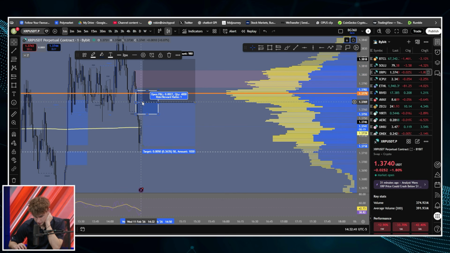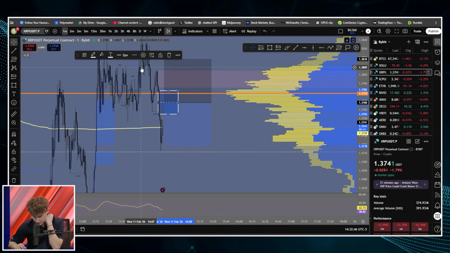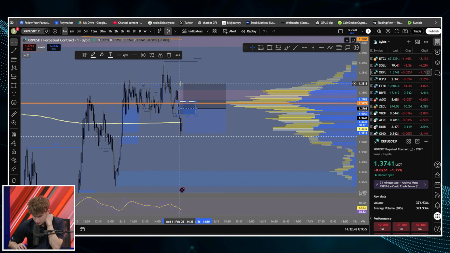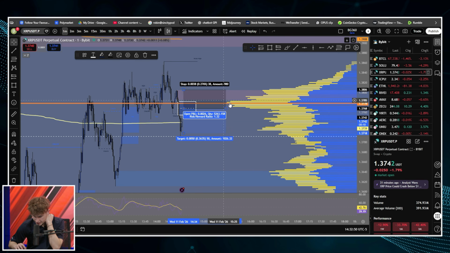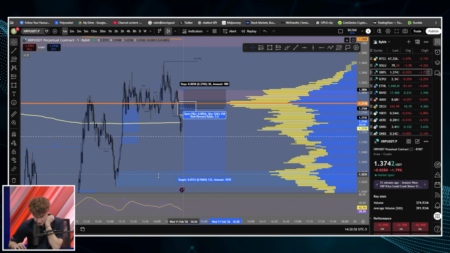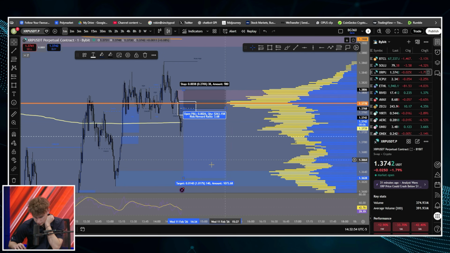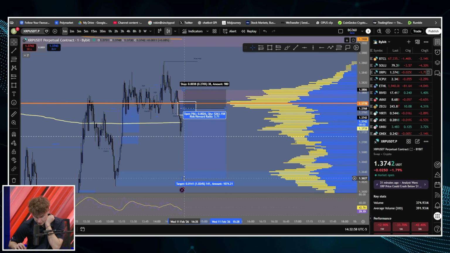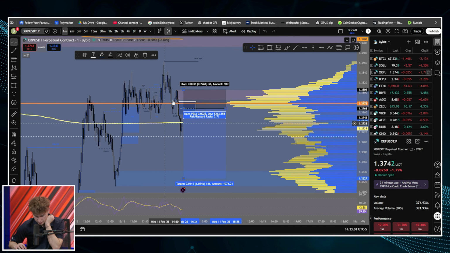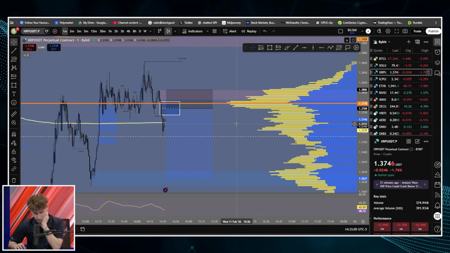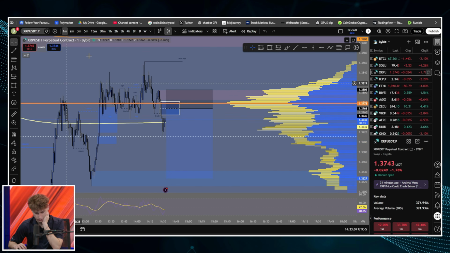1.3769. I would probably put my stop at this wick high here and then take my TP to this wick low. Well, not all the way there, just to this. There was kind of a little bounce there. I don't see anything holding this up if it does continue to dump, but this would be a nice trade setup for me if I was going to trade.